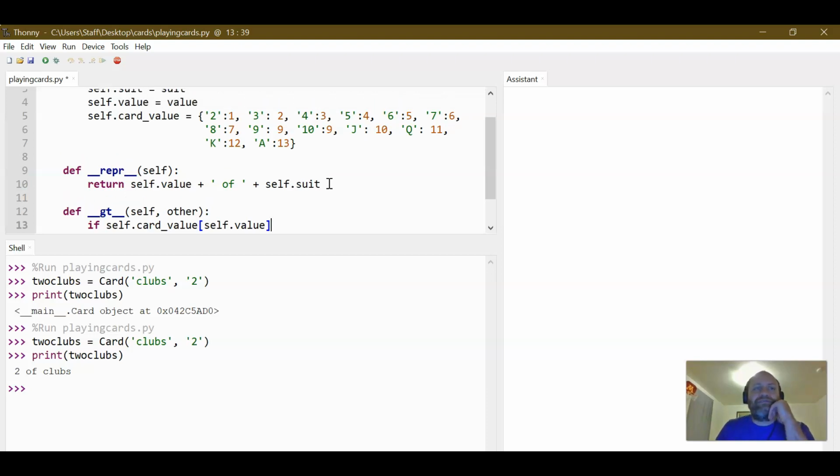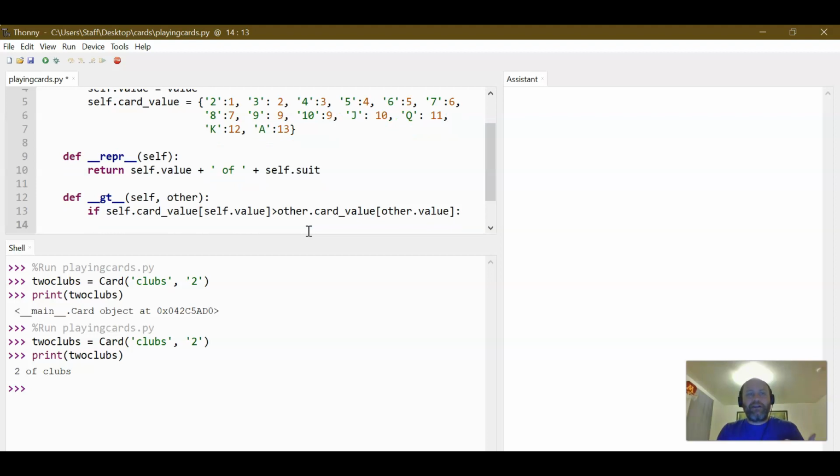So this might look a little confusing because we're using the same word. So we're going to look in this dictionary, and we're going to look for our self.value. And if that value is greater than other dot card value, so pretty much the same thing, other dot value,